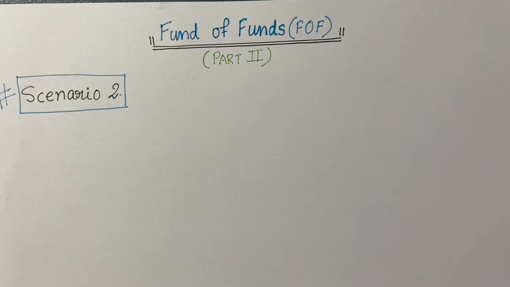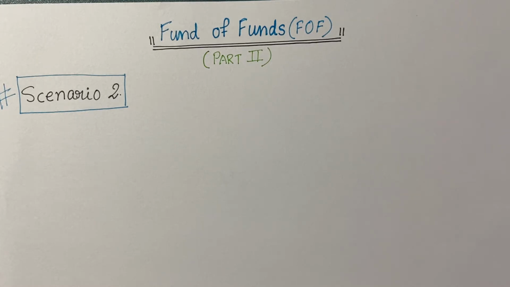So in my prior video, I explained about the fund of funds, and I also gave one scenario where we checked how we can evaluate the asset of the parent fund and the underlying fund, how they are related, and when we are checking the NAV of the underlying fund, if there is a movement in the top fund, how we have to dig deep and check the underlying funds also. In today's fund of funds topic, I am going to explain two more scenarios which we usually come across